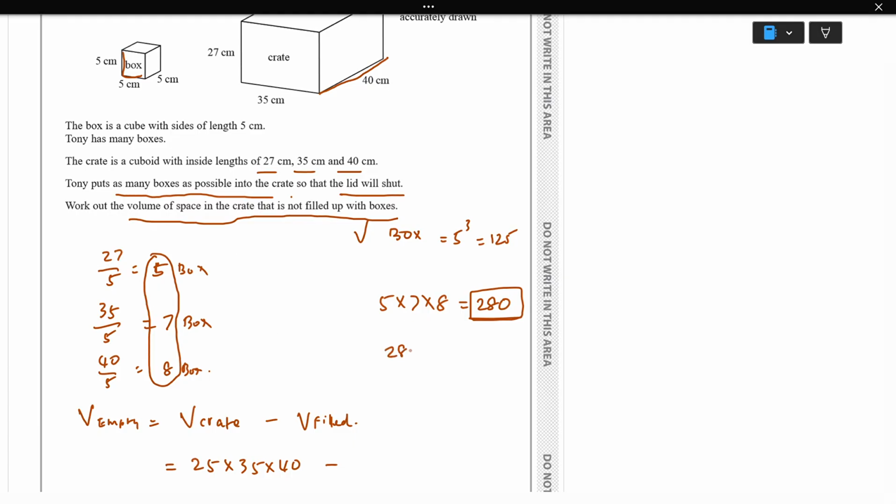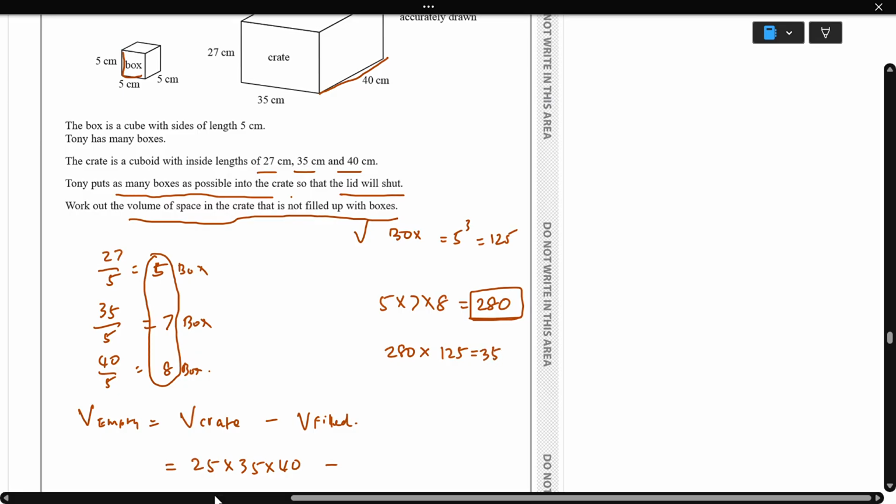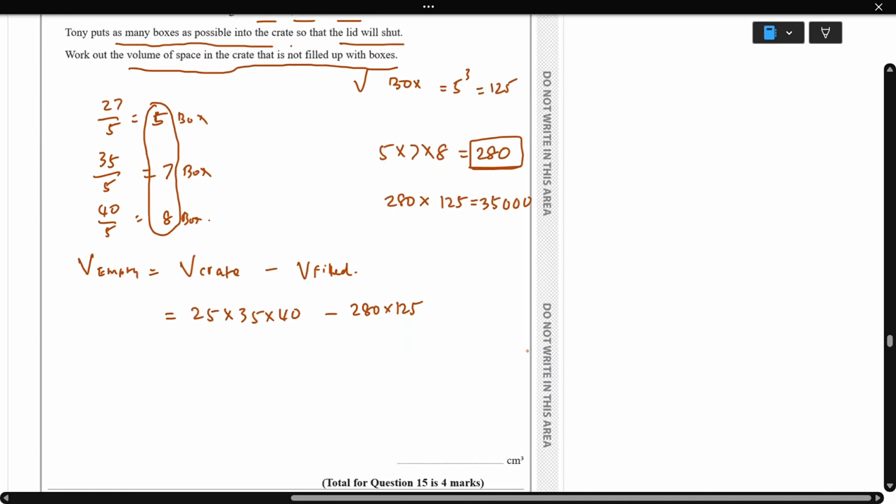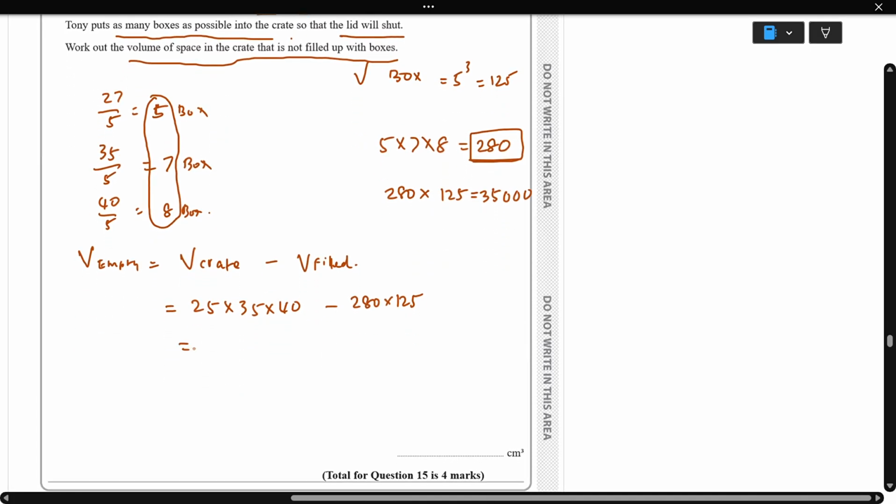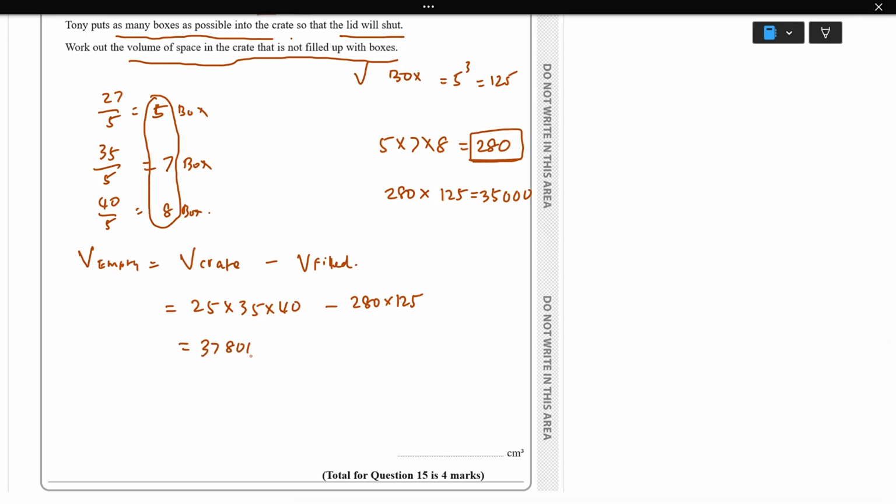So 280 box volume is 280 times 125 which is 2000. You will get 3. Here, okay, so I'll write here 280 times 125. Okay, so that is 5,000. Okay, so this answer is going to be 37,800 minus 35,000 here, which is